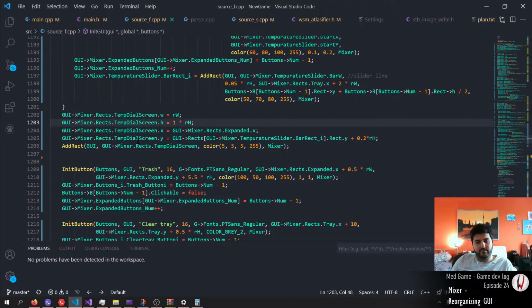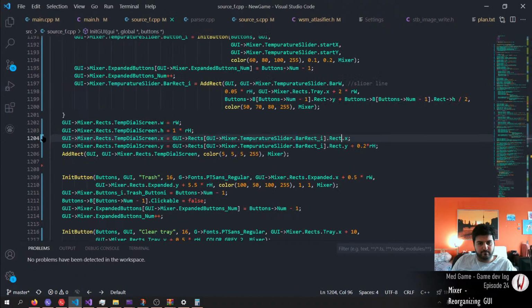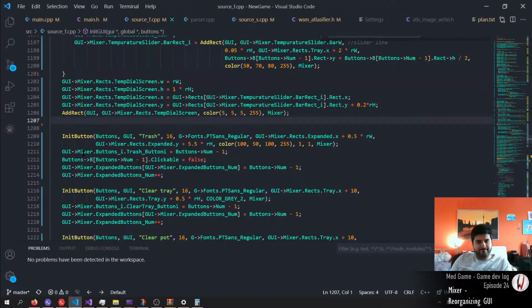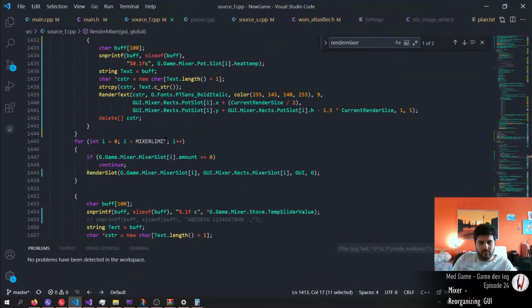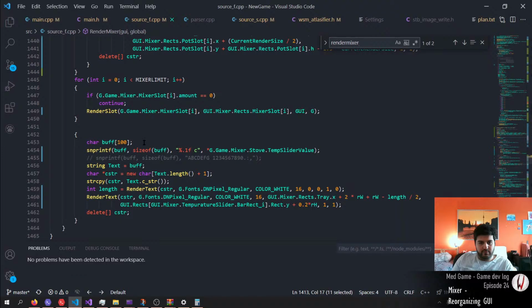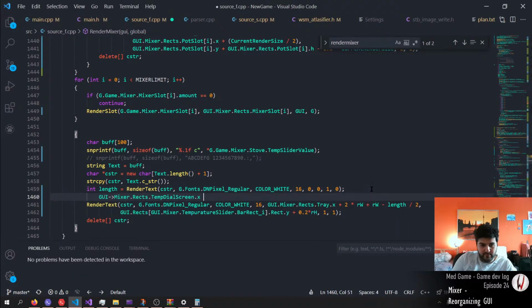So here, oh, the X is also dependent on that. So for now, it's going to be this. Okay, so we have the Celsius of the stove, we have the length. Now after we've calculated the length,